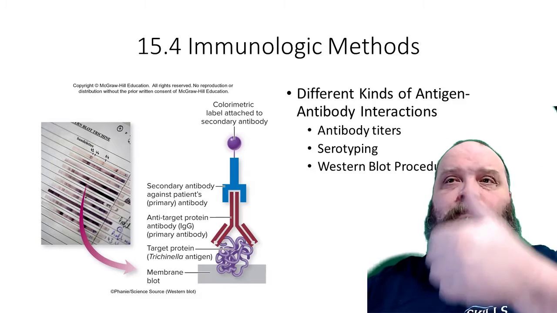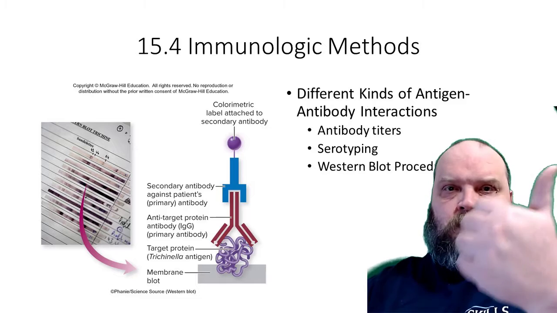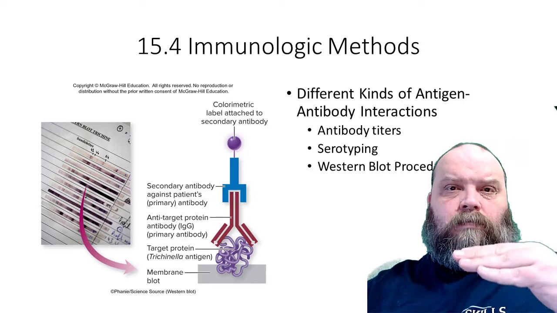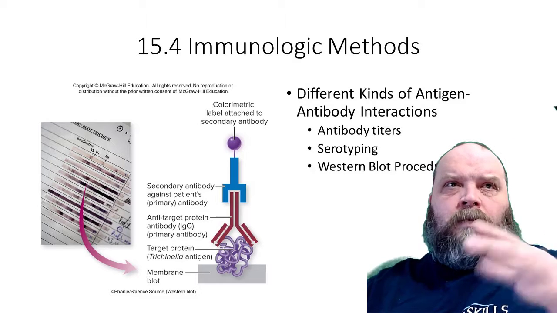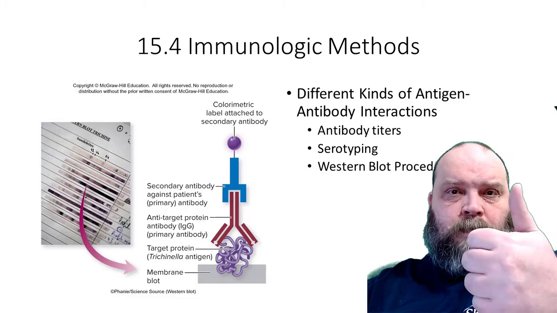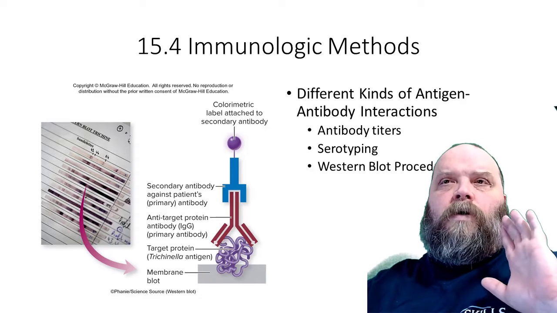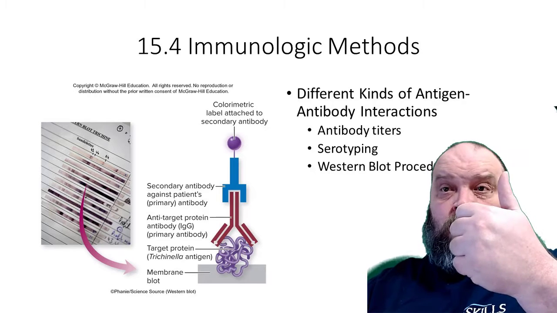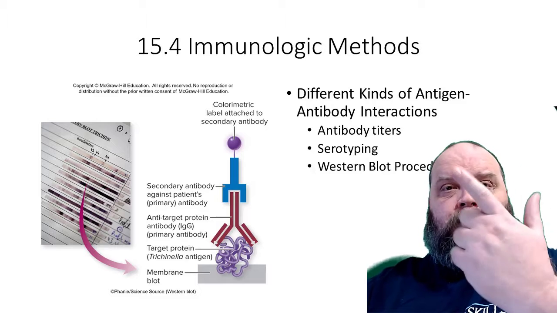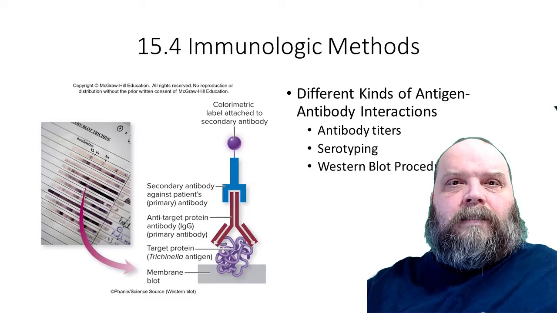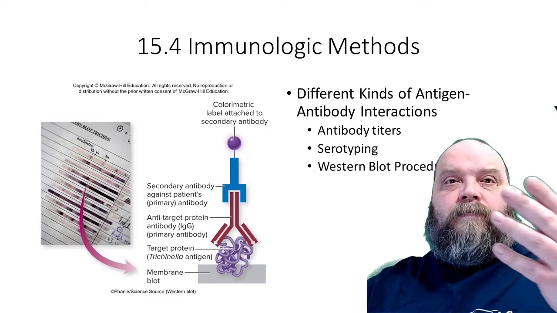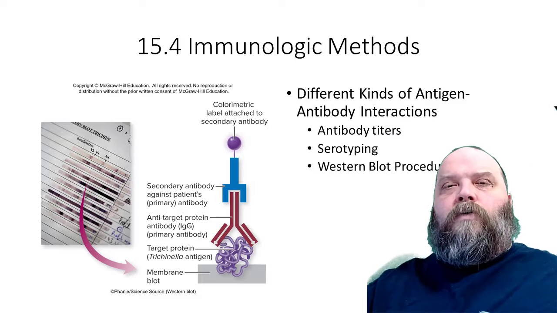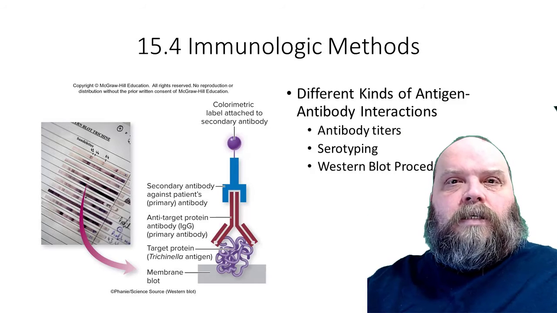If you have antibodies, that means you were exposed at some point in time to an infectious agent, but we can test titers. What concentration? If it's a low concentration, either it was a very minimal exposure or the exposure was in the past. High concentration means you got really sick from it, or it was maybe a mild illness, but it was very recent. So we can use that as a means of judging where you're at in your disease progression.